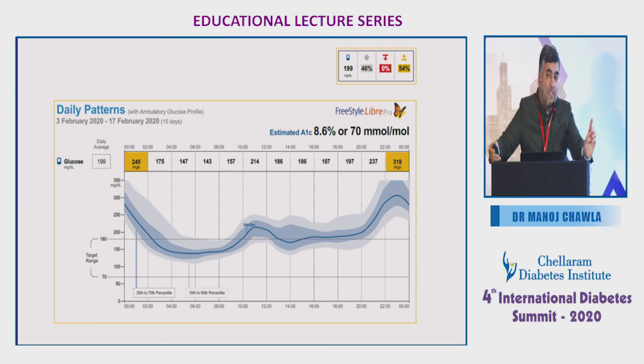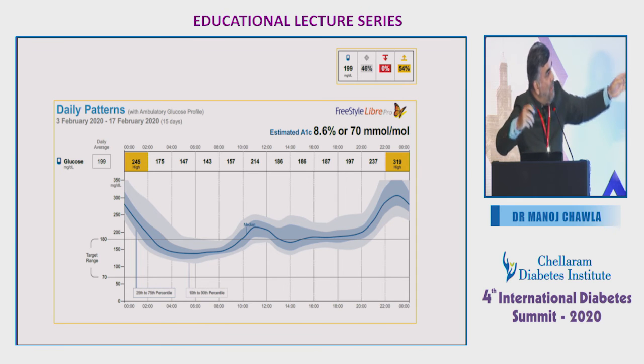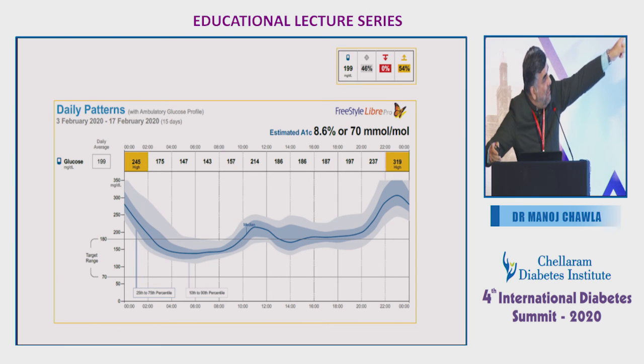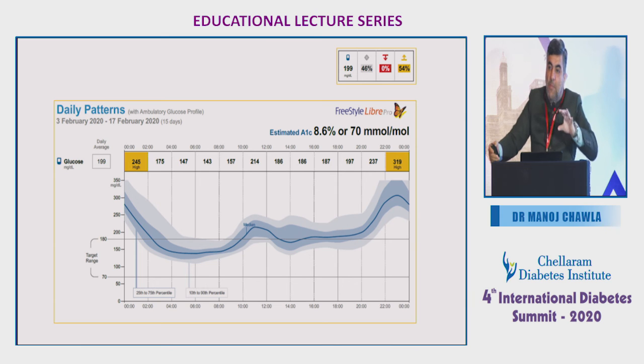This lady was afraid. She said, if I increase, I start experiencing hypoglycemia. Now, clearly there is no hypoglycemia. So one, the FGM here is allowing us to convince and show the patient that there is no hypoglycemia. Second, we are clearly identifying that the dinner component is the basic crux, because it's that post-dinner glucose, which remains high till almost 2, 3 a.m. in the night, that is the bigger culprit in the whole day.